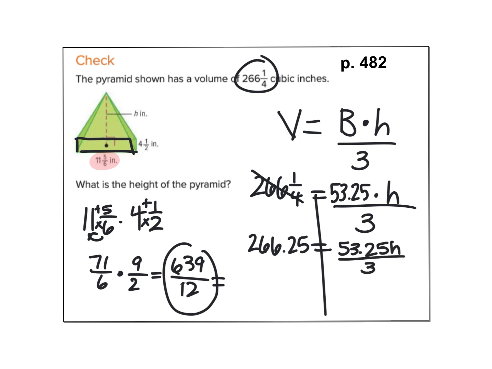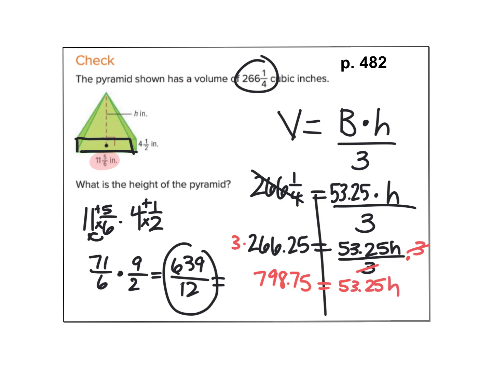Okay, I want you to go ahead and solve it the rest of the way. So pause the video and try to solve this. So first thing you should have done, opposite of dividing by 3 is timesing by 3. So I'm going to times that side by 3 too. So 266.25 times 3 is 798.75 equals